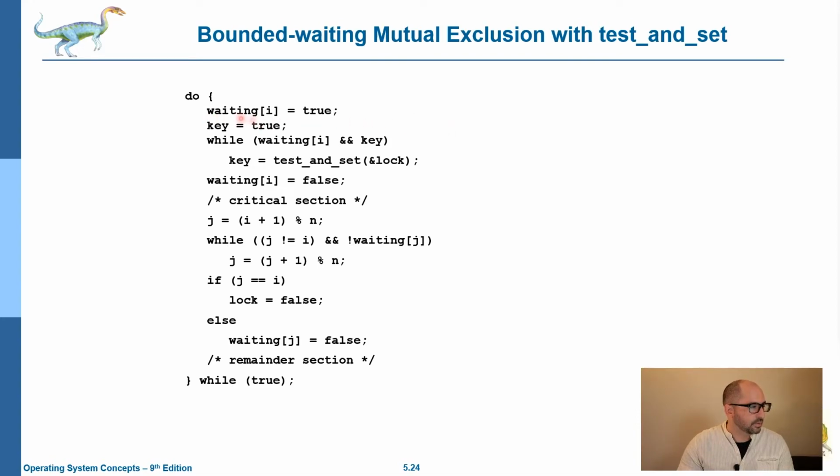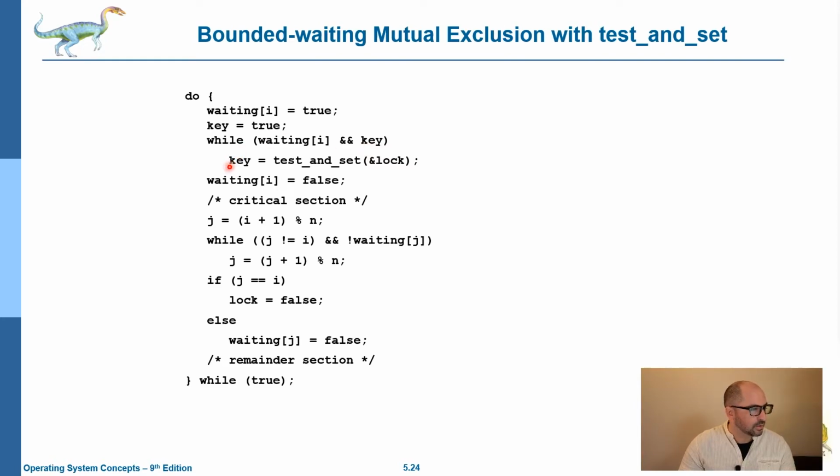Here our entry section isn't highlighted, so we have to figure it out ourselves. This is our entry section, and then here is our exit section, which is much larger. So we have a flag that says waiting[i] is true, and we set our key to true, saying that yes, we are waiting. While we are waiting and we have the key,